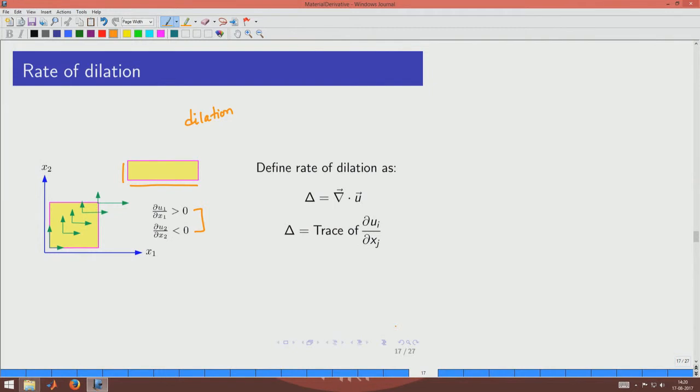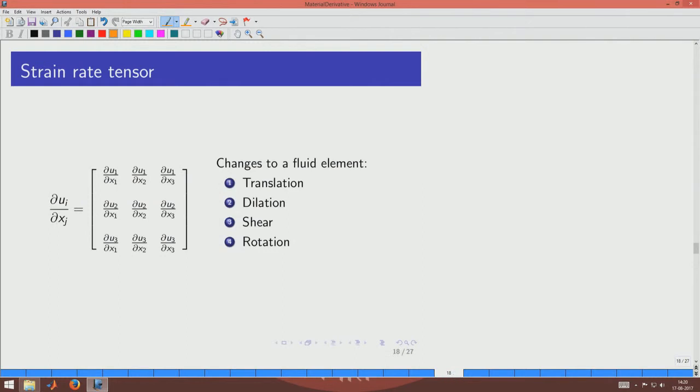Now, you could see that in the x direction it is changing because of ∂u1/∂x1, in the y direction it is changing because of ∂u2/∂x2. So, now you may suspect that in the z direction the same thing would happen, which means that if you were to look at this quantity ∂ui/∂xj as a quantity with two indices, then whenever these two indices are matching, you are getting these terms, and these terms are causing the shape of the control volume to change. And we could then see that this is nothing but what is called the strain rate tensor.